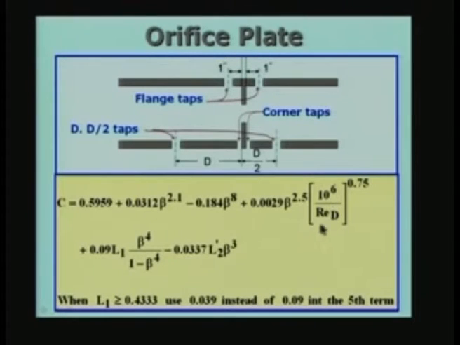So let us look at the three devices in some more detail. The orifice plate. The orifice plate is essentially a tube with a small obstruction like this. This is a schematic, and I have indicated three different ways of measuring the delta P, locating the pressure taps for P1 and P2.